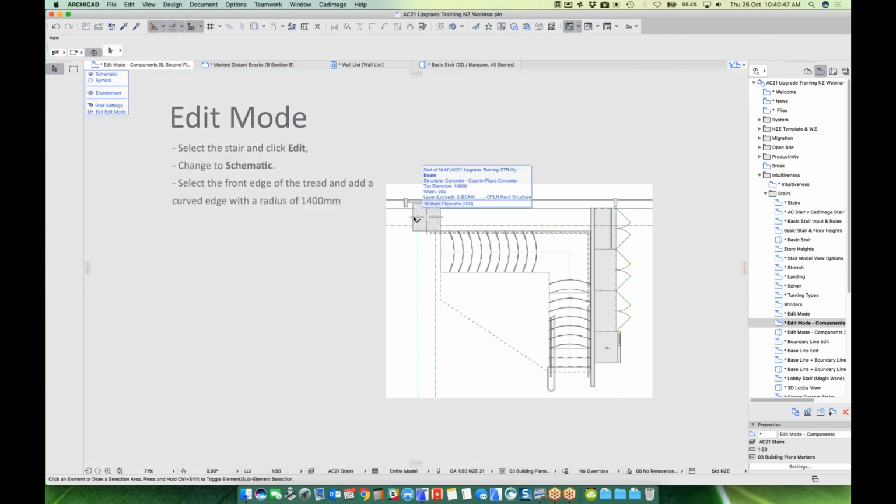Once you head into the edit mode, it's going to go gray again. This time, because we have schematic selected, we can go through and change all the individual bits. Now there's a lot going on here. I can't quite see where the stair is. There's a lot of dashed lines, there's some columns, there's some beams,